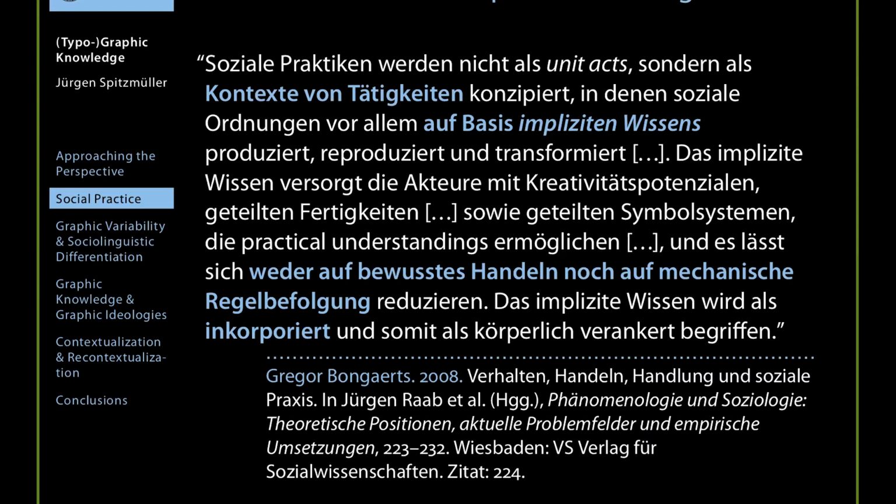The implicit knowledge equips actors with creativity potentials, shared skills, and shared symbol systems, which allow for practical understandings. Implicit knowledge is neither intentional action nor a mechanic following of rules. It is conceived as incorporated and embodied. End of quote. Communicative social practices are thus situated between what has been called in the classic structuralist binarism system